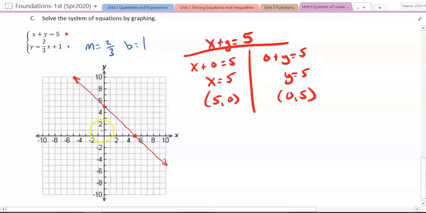And so when we plot this up, our y-intercept at 1, our slope's going to take us up 2 and right 3, up 2 and right 3, and down 2, left 3, down 2, left 3, down 2, left 3. And so drawing my blue line, we see that they cross,